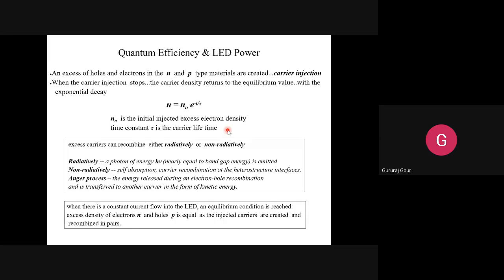So recombination is happening either radiatively or non-radiatively. We are discussing this since, in the beginning of this module, I told you to remember the diagram concerned with the direct or indirect band gap. If you try to recall now, or later by seeing the videos again and again, you can understand. The main basic difference we observed in the initial stage of this module between direct and indirect band gap is the radiation itself.